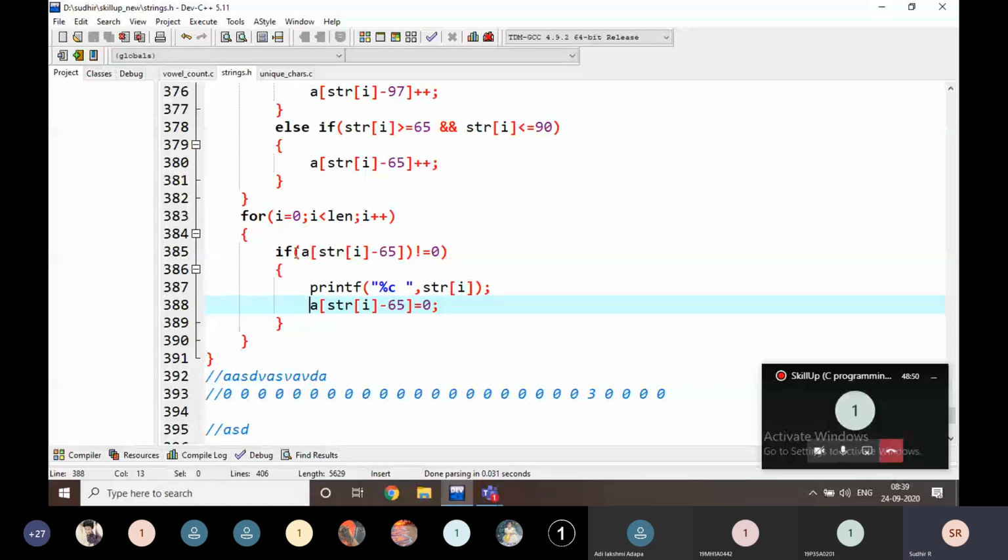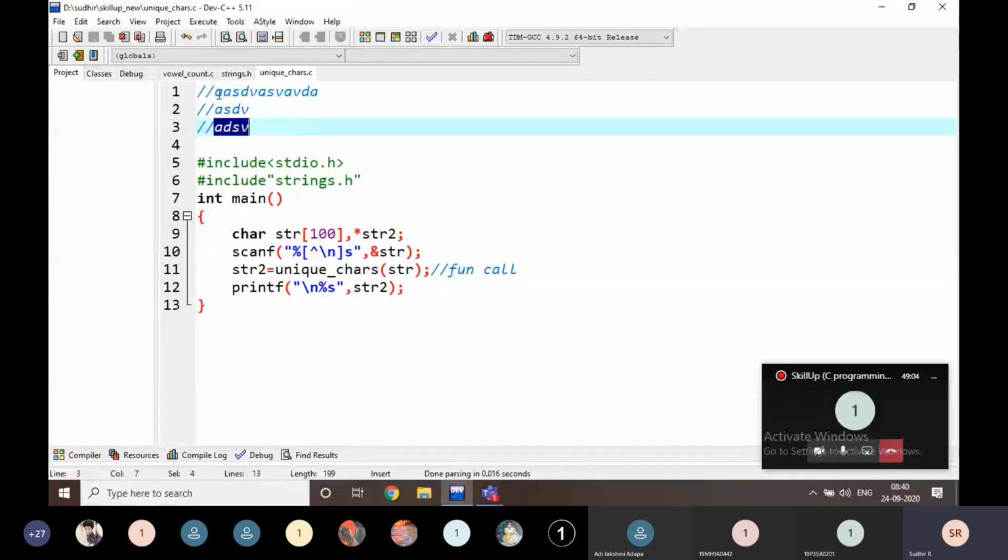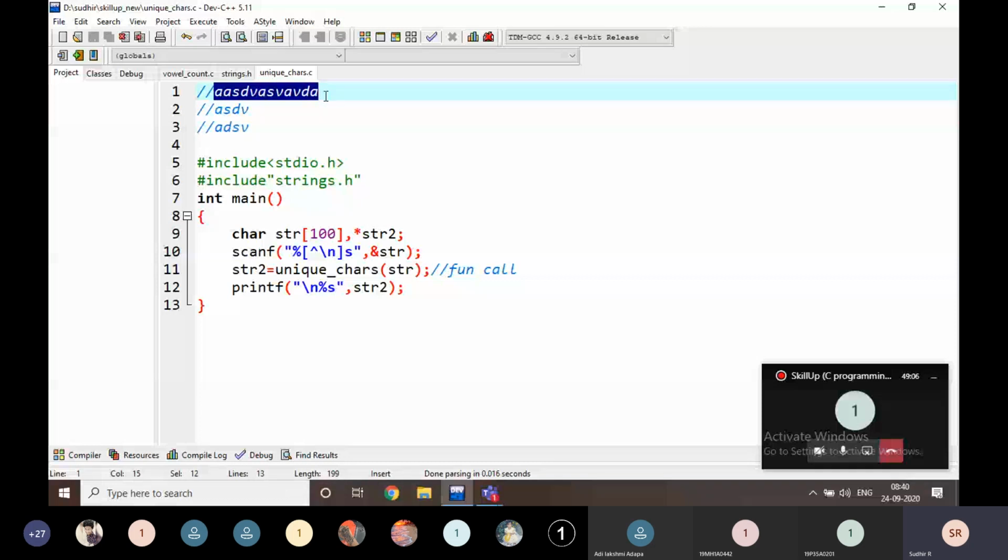Here something is missing, I think. This one is open and this one is closed. Okay. I will execute it, and you will understand what I am writing here.